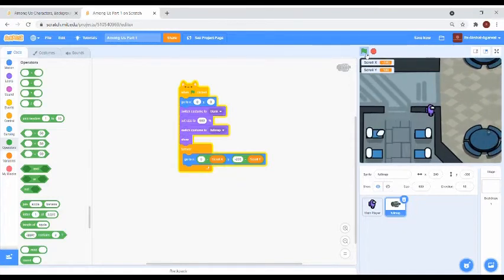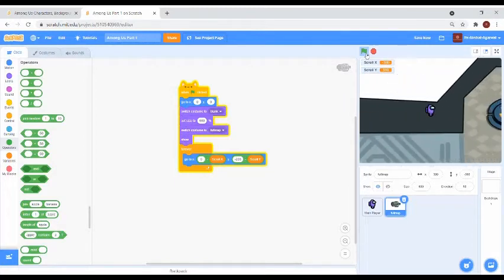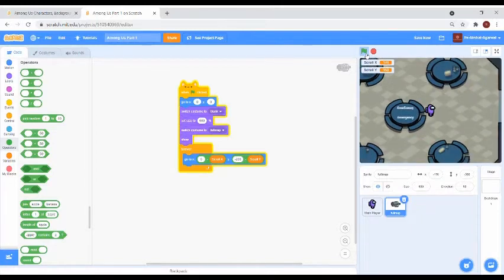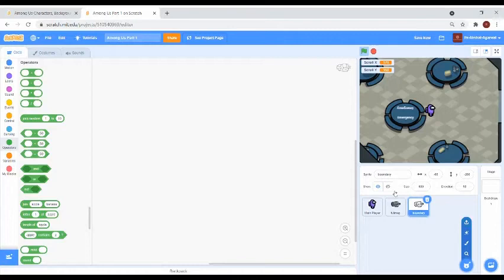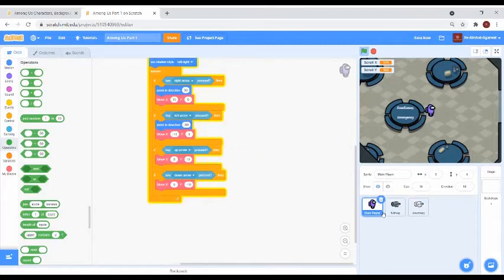Now we are able to move, but we can go through the boundaries also. So to fix that, we have to upload a new sprite named boundary. I have given the link of that also in the description below. Now we are going to duplicate the code in the full map. We are going to copy it and paste it in the boundary, and the main character